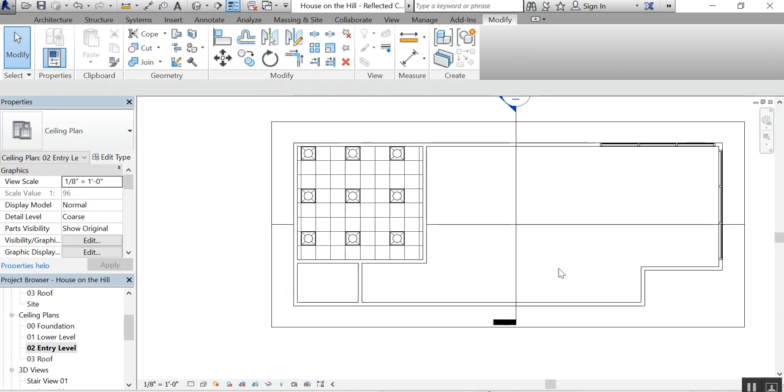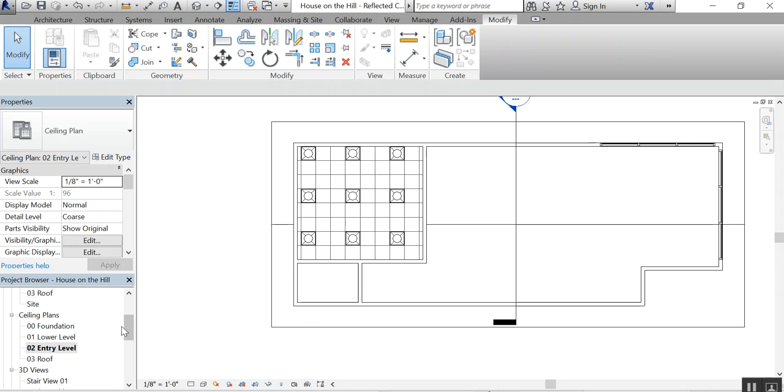Let's put in a ceiling in this space here. So I know what we'll do. We'll put in a ceiling that stops over here and then has a bulkhead, a wall that it dies into, and the effect will look really interesting. So what I want to do first of all